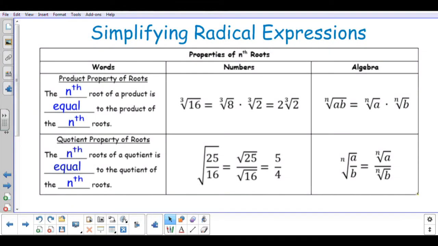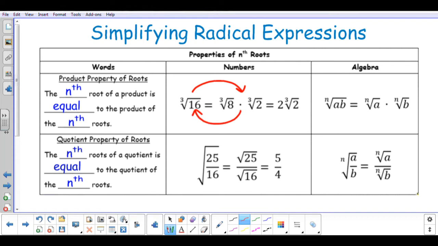So when simplifying radical expressions, there are two properties that I need to consider: the product property of roots and the quotient property of roots. In the product property, what it is saying is I could take a root and I can break it up into two separate roots. Or if I'm given two separate radicals, I can multiply them back together to create a